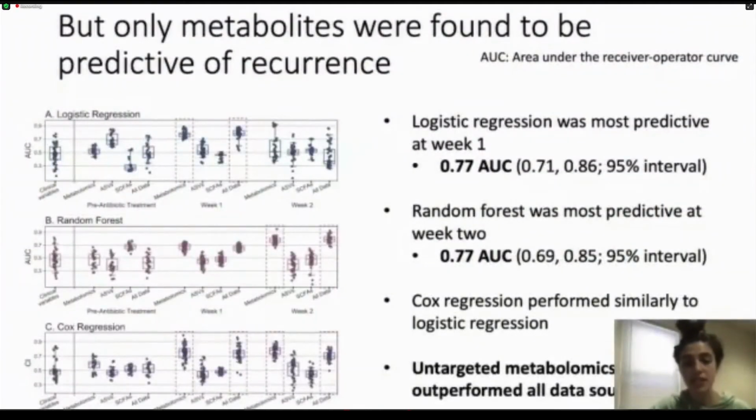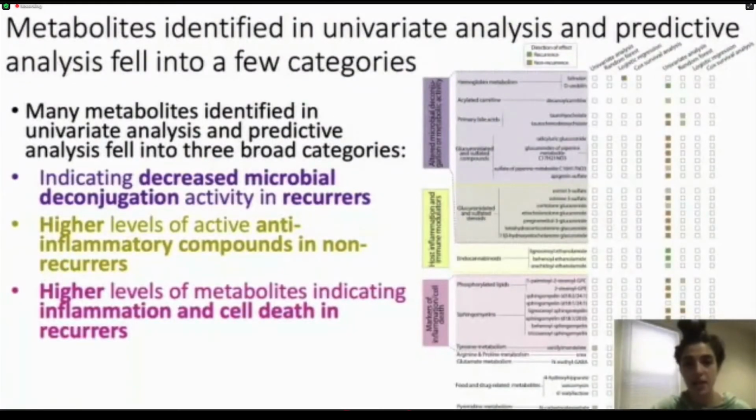However, when we used predictive analysis, we found that only untargeted metabolites were predictive of recurrence, achieving AUCs of 0.77 at week 1 and week 2 after initial infection. We identified metabolites found to be associated with outcome in univariate and predictive analysis and found that many metabolites were the same across methods. Moreover, the metabolites fell into 3 groups that may begin to explain the different metabolic state